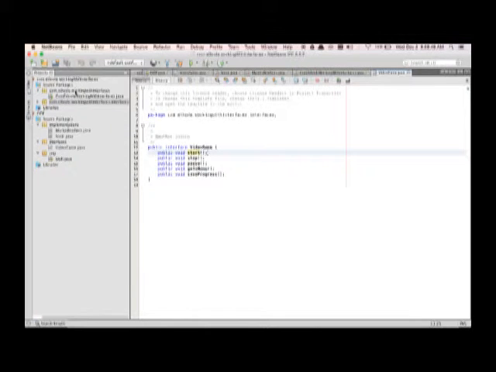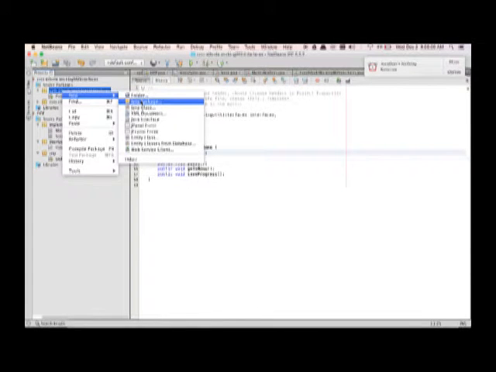So let's go into, so we have our interfaces. Let's go to, let's do,